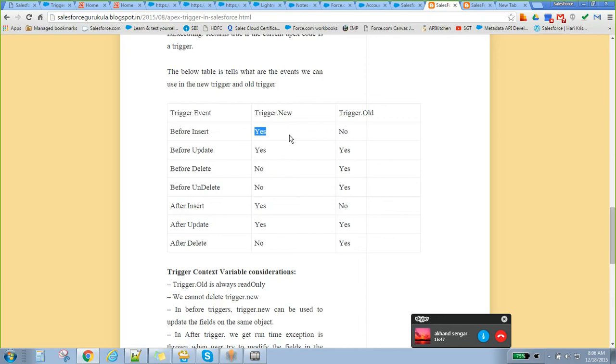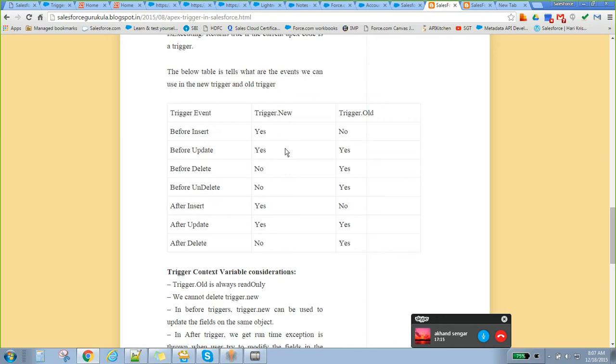In case of before delete, we are just deleting the existing record, not updating or creating anything, so the new will not be available. Only Trigger.old will be available. Same for before undelete, only Trigger.old will be available.